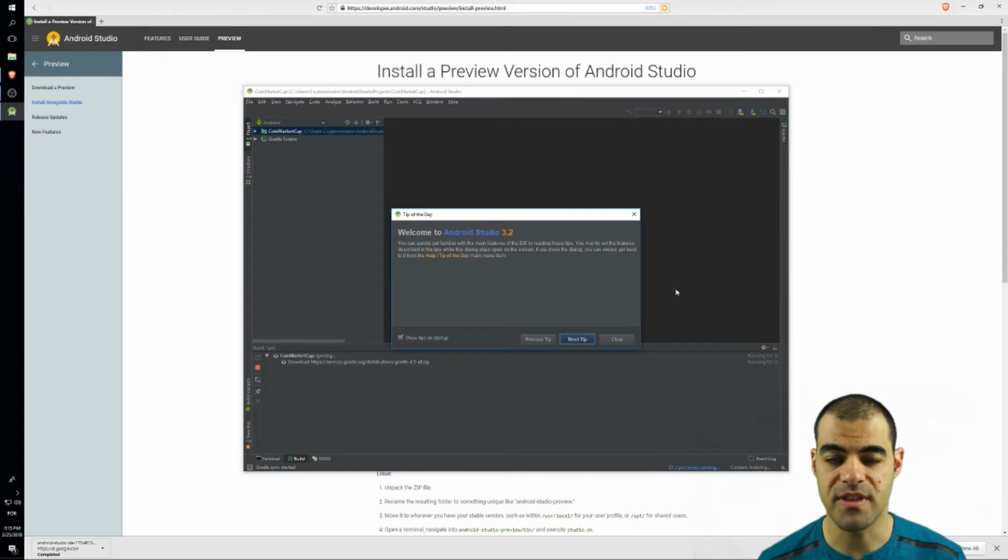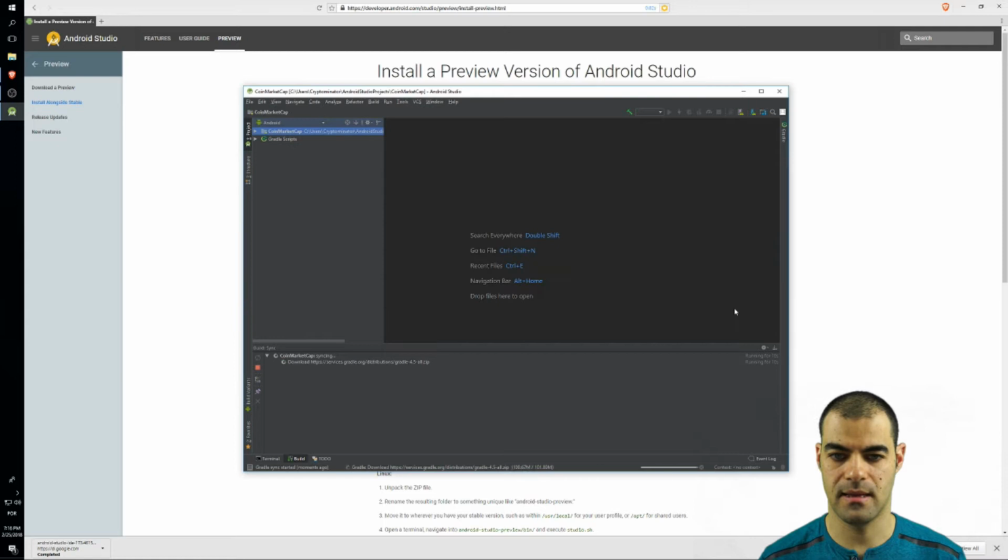So now you have the tip of the day that you can read and maybe learn a little bit more if it's the first time that you are into this programming space. And now you have Android Studio running. As you can see here, it's CoinMarketCap. This is our app. It's syncing. It's downloading Gradle